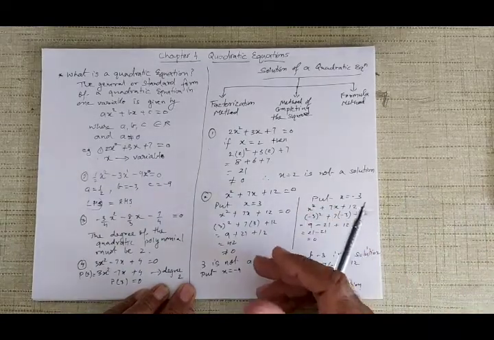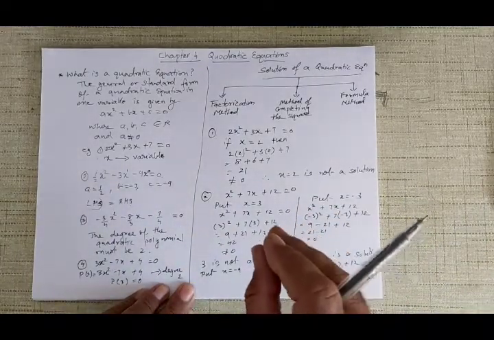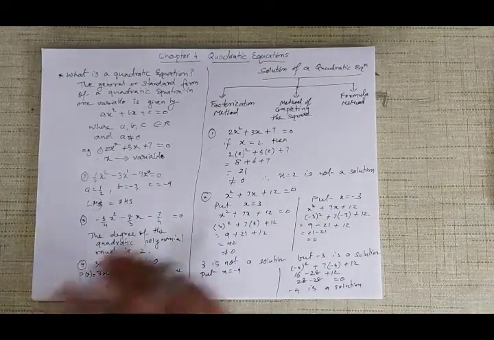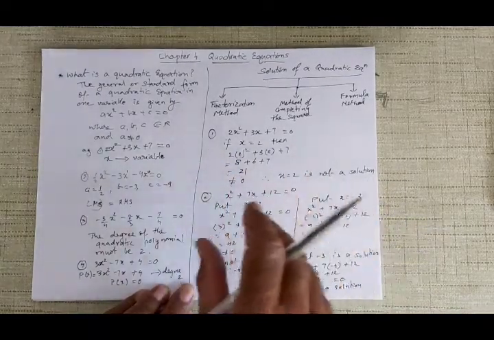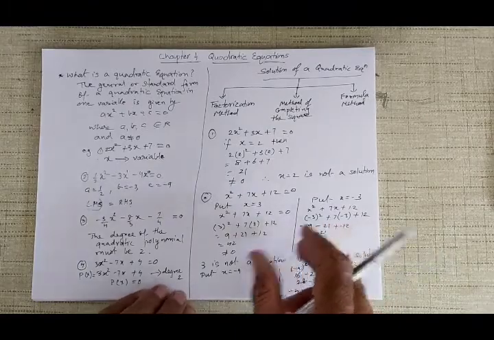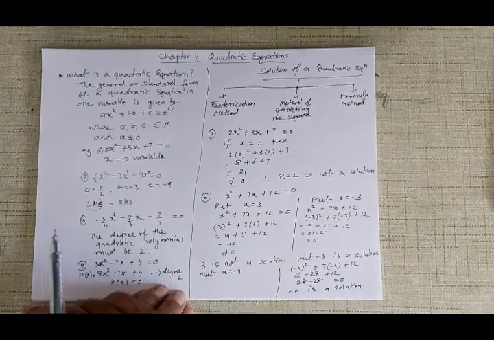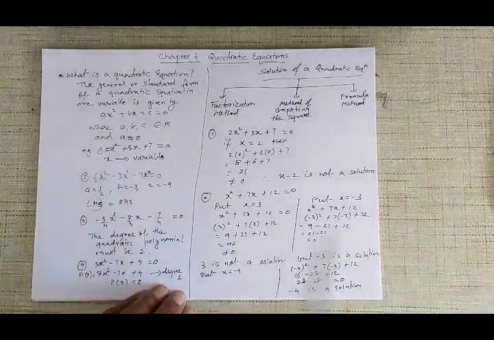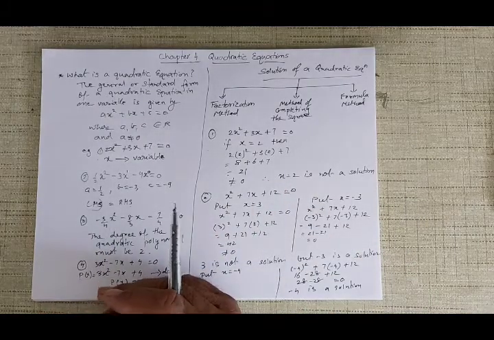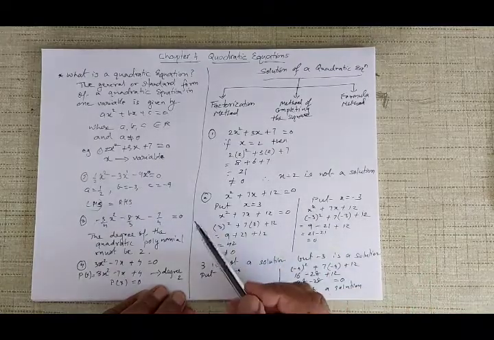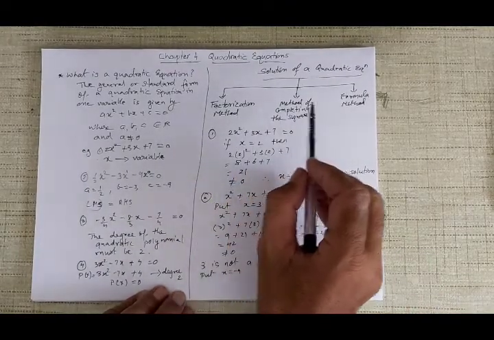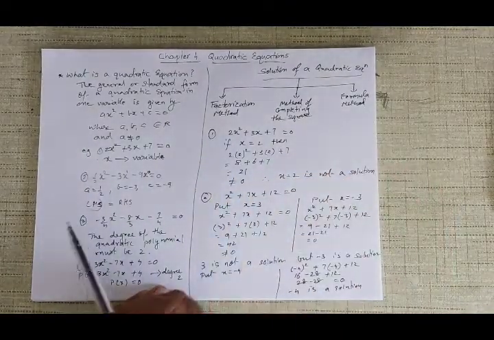We could do it very quickly, but supposing I don't know, then it would take a long time by trial and error method. I have just tried 3 and minus 3 and 4 and minus 4. But what if I do not get it with 3 and minus 3? What if it is a fraction? It would take too long. And therefore there are certain methods by which you can find the solution without trial and error method. And that is factorization method, method of completing the square, and formula method.